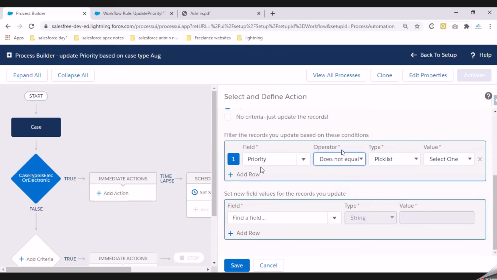If the case priority is already set to high, then there is no point of me doing the same thing again and again, because that basically impacts the performance of the entire application.